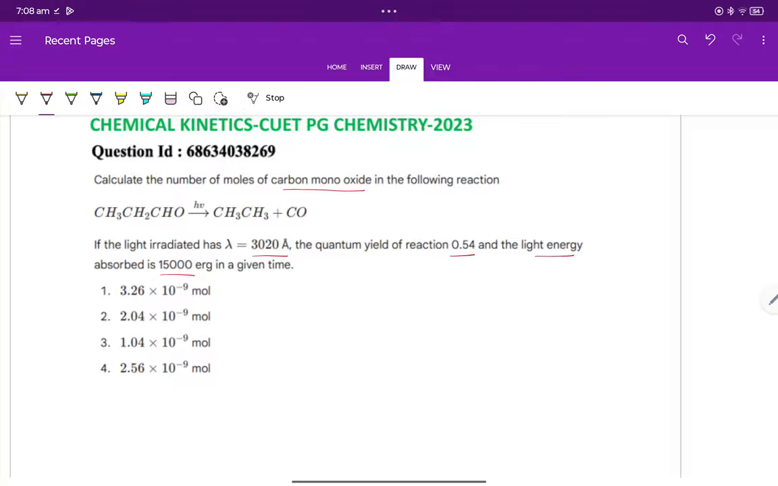So let us see how to tackle this problem. As I mentioned earlier, this is a little bit lengthy problem. Now you are asked to calculate the number of moles of CO. Since it is a 1 is to 1 reaction, meaning this aldehyde has reacted to give 1 mole of CO, or one molecule is giving you 1 mole of CO. So, to calculate the number of moles of CO, it is better to calculate the number of molecules of the aldehyde converted. So, our first step is moles of CO